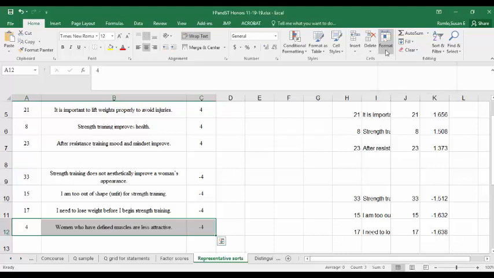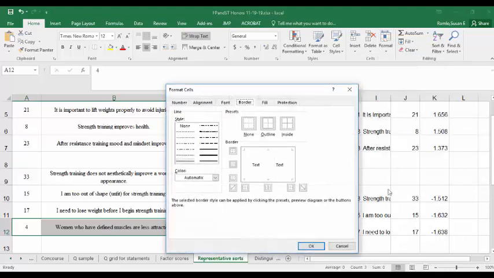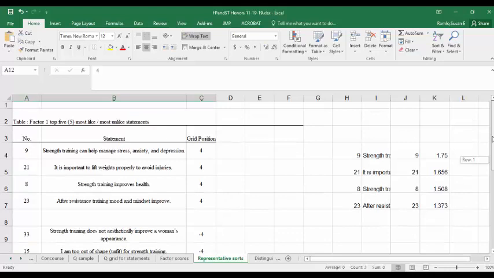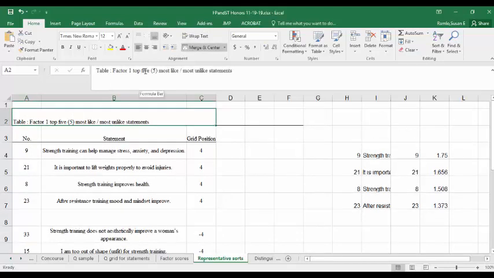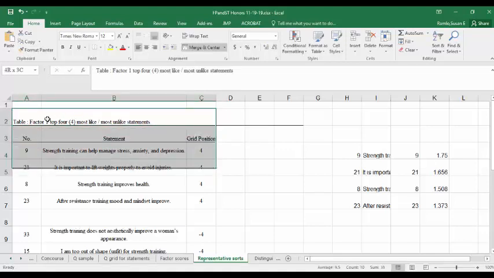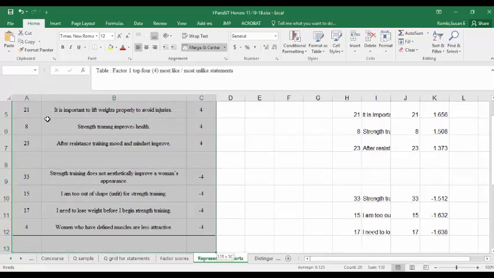And now again, I can also go in and make my table APA. So I can come down to format cells and put a little border at the bottom. And now I have a beautiful table. So these are the top 4. And so if I wanted to copy and paste this into a document, we'll pretend that I have made my